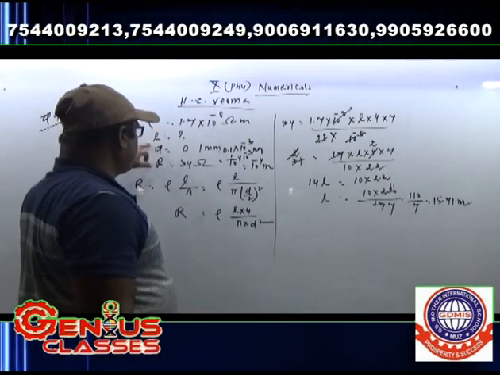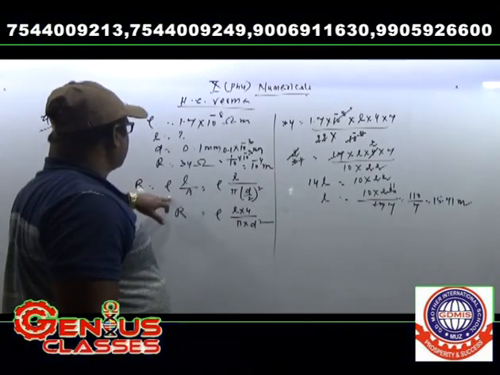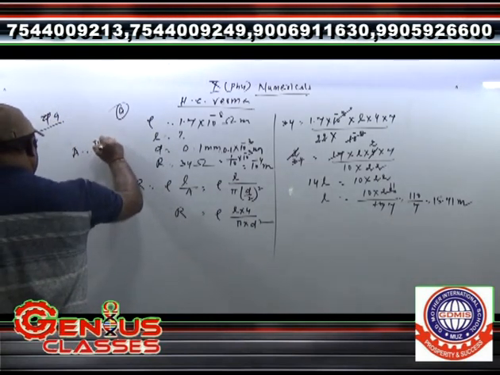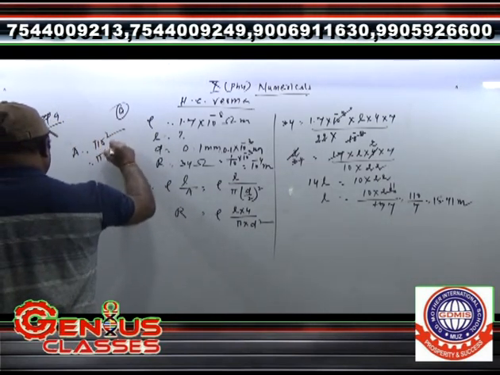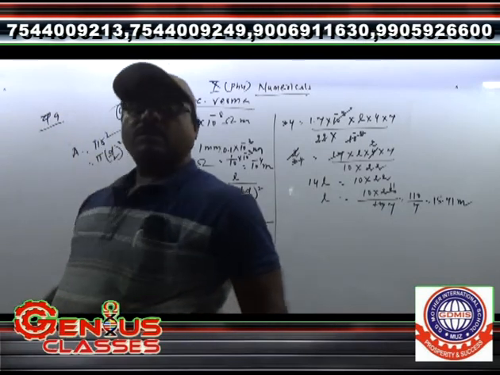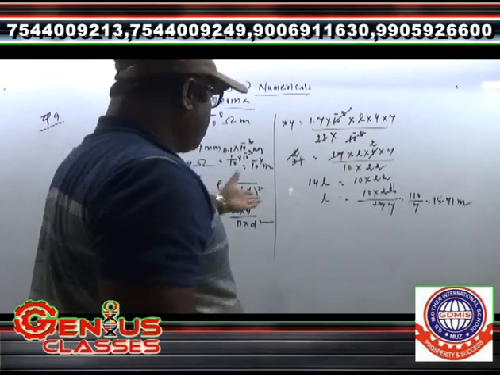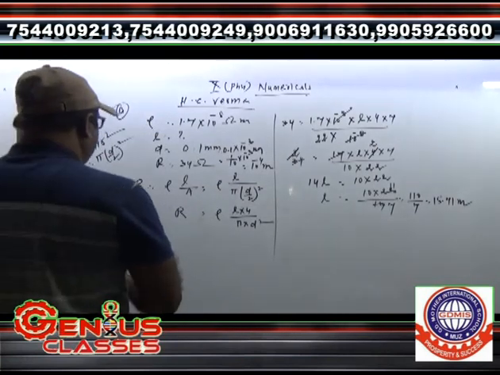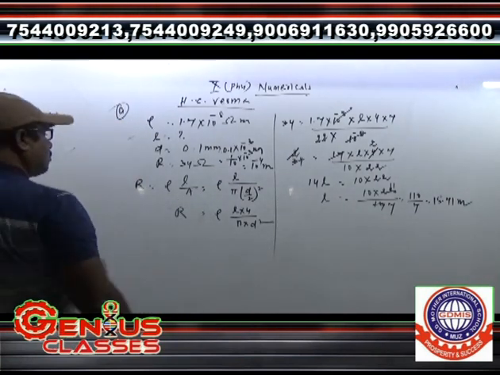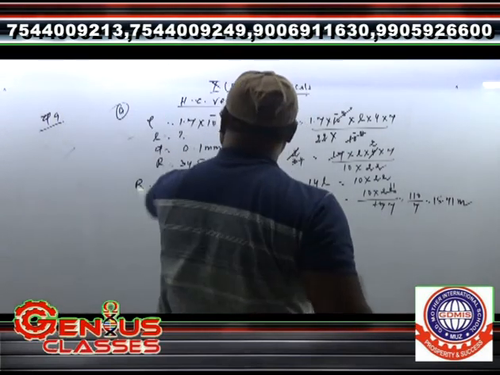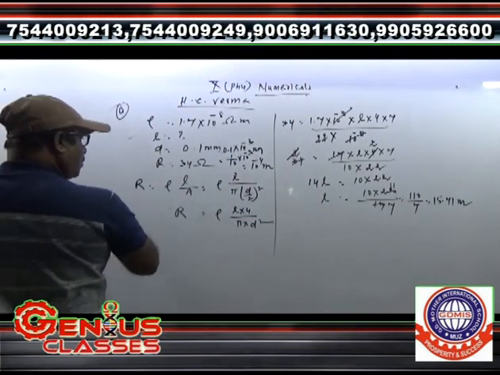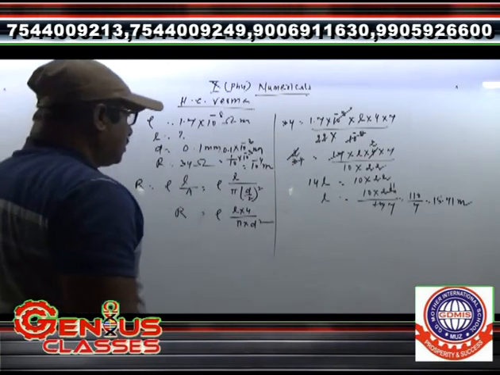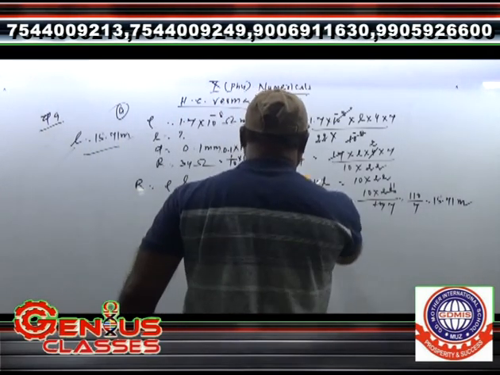This is simple. Rho is given here. We have to find L. We applied the formula R is equal to rho L by A. A means the area of cross section is equal to pi r squared. We can write pi D by 2 whole squared. So we have done. L is equal to 15.71 meter. This is the A part. Now see the B part. Rest of the data is not needed here.